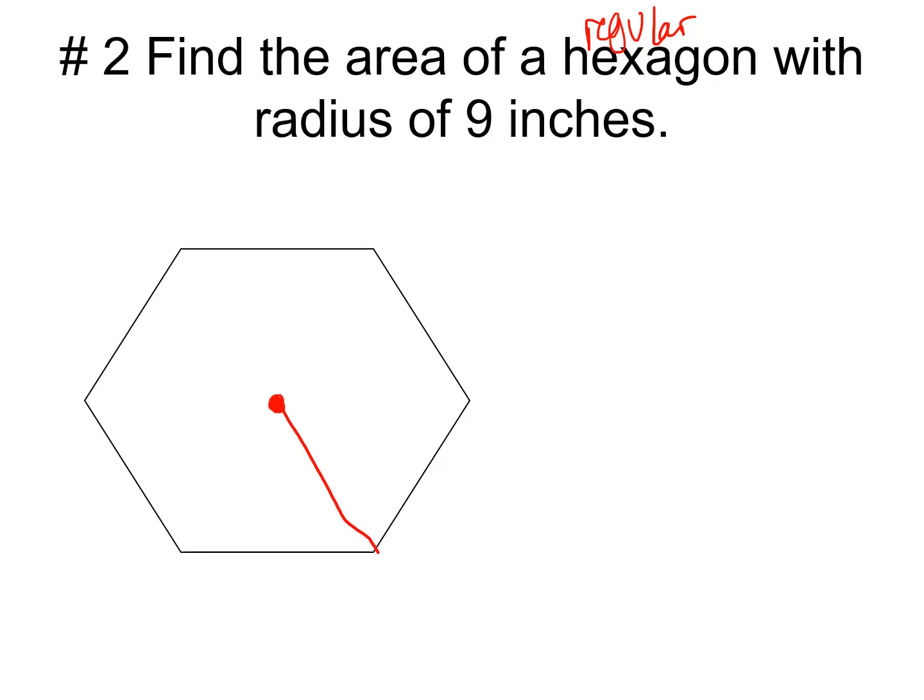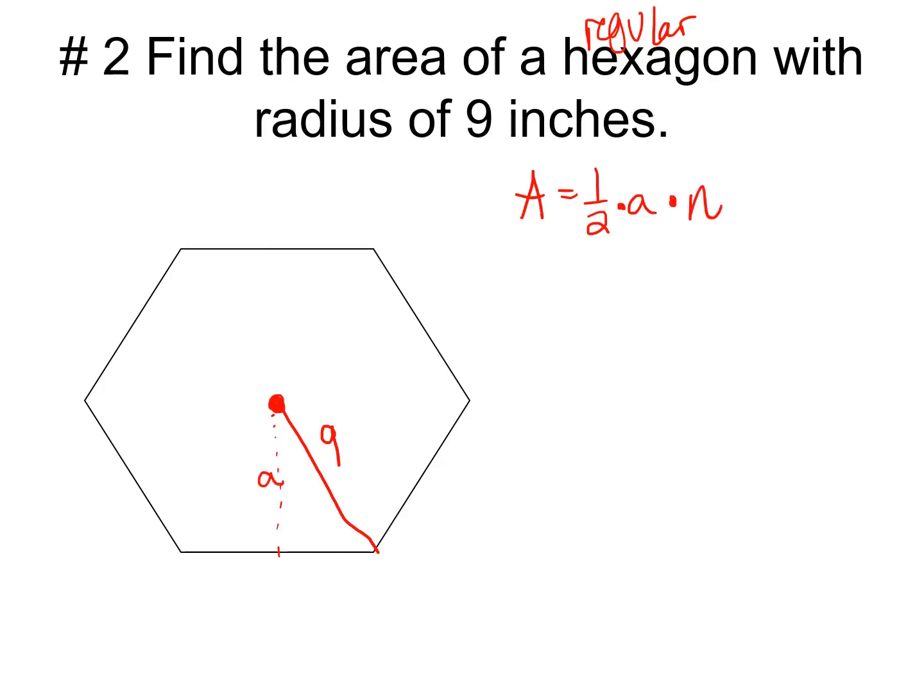Sorry, that's supposed to be a little bit straighter, but that's okay. So one of the vertices. And so if we drop that apothem distance, we know that this is 9, and then we've got to find some other information, because remember, we're trying to find 1/2 times the apothem, which we don't know, so we'll call that little a,